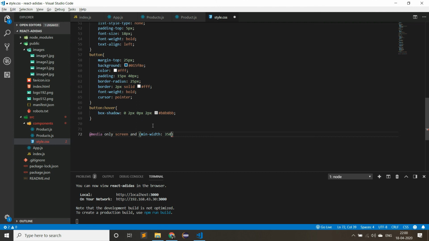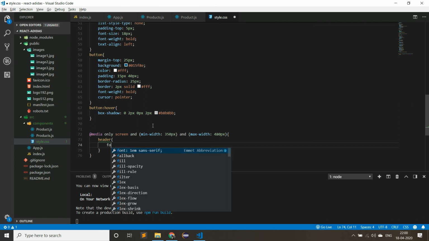So we are taking the max width as 360 pixel, anything you can take, and then add the max width. So that is max width equal to 480 pixel. So these are the minimum and maximum width of the small scale devices.